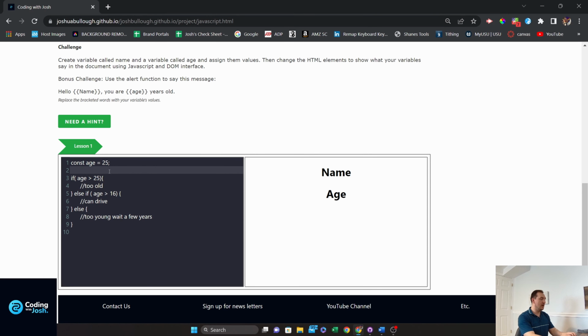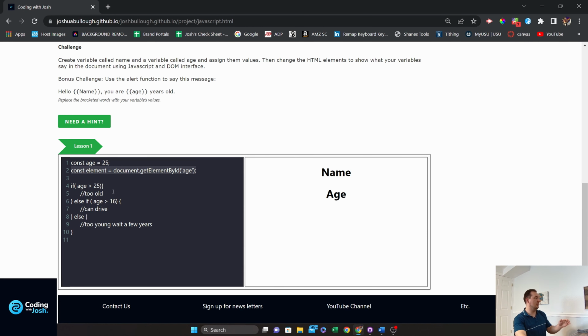So I can actually set up a variable for my document. So we're going to say document, and for my element actually, get element by ID age. We're just going to do it that way. That one is the end of a, whoops, we're going to say element equals. And that is the end of the statement. Okay, so here we're going to say element dot inner text equals